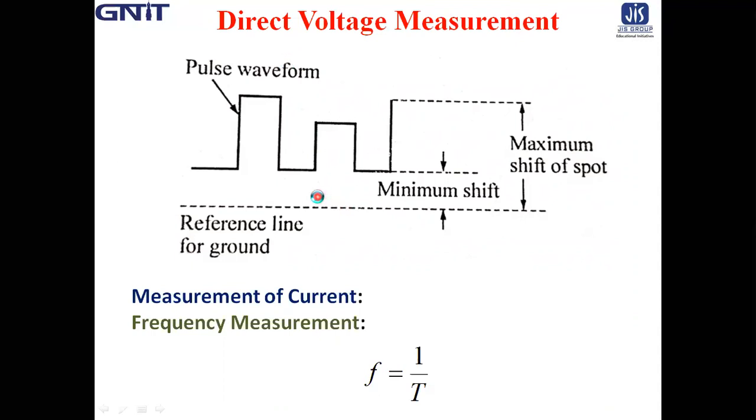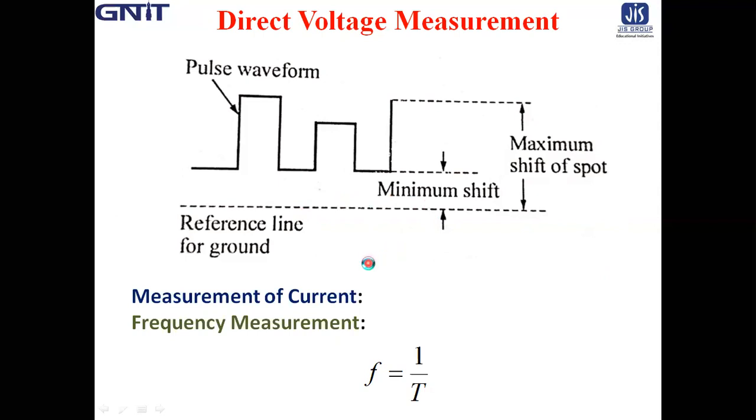DC voltage measurement. If a signal is applied to the vertical deflection plates, a vertical line called the sweep line appears on the screen. The displacement of the sweep, when the Y input is at ground and DC position, measures the voltage level. The number of divisions measuring the displacement on the graticule, multiplied by the volt per division setting, gives the amount of voltage.